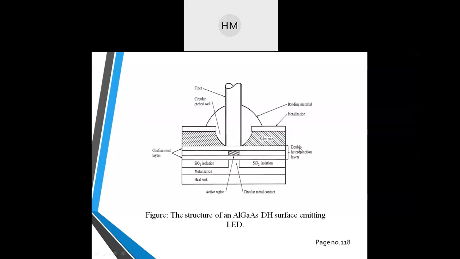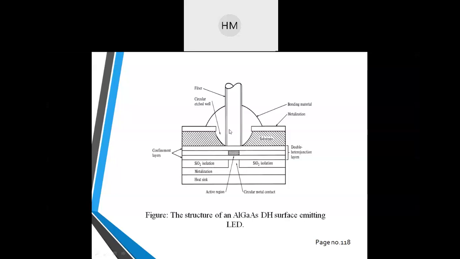Yes, finished drawing this. See, the upper layer is of N type. This whole substrate is of N type gallium arsenide. Okay, below it also there is an N layer. This is the N layer. Then we are having P layers: P, P minus, P plus. And then we have isolation layers, metallization, and heat sink are used.